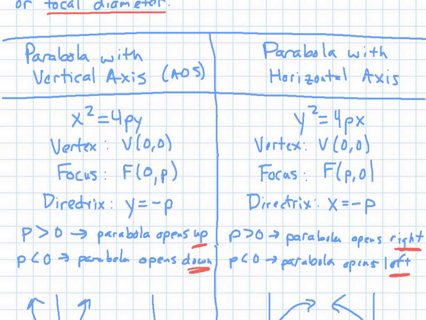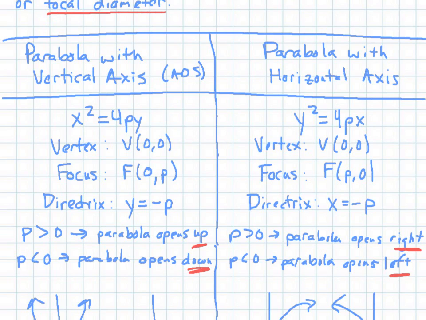For these parabolas, and for the ellipses and hyperbolas that we talk about, they're going to be centered or have a vertex at 0, 0. So we're not going to shift them at all. They're just centered around the origin, so don't worry about moving it or anything. We'll deal with that in section 4. For the vertical axis, your focus is 0, p. For horizontal, it's p, 0. The directrix is y equals negative p for our vertical axis, and the directrix for the horizontal axis is x equals negative